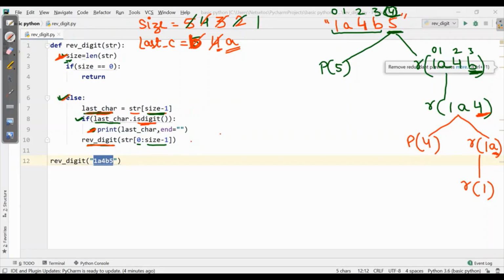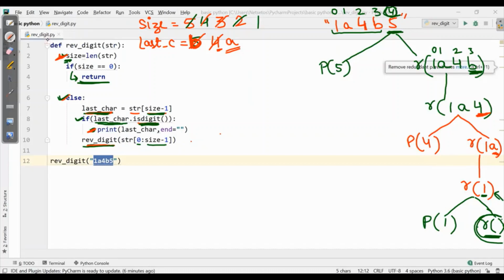Calculate its last character. The last character is just 1. So here it will check whether the last character is a digit. Yes. So it will again have two branches where it will print first, and then it will come out of the if condition, and here it will write with empty recursion. Here it will go to size. Size is now 0 because we don't have anything in these parentheses. So again it will check size is equal to 0. This is our base condition, and it will return to R1.